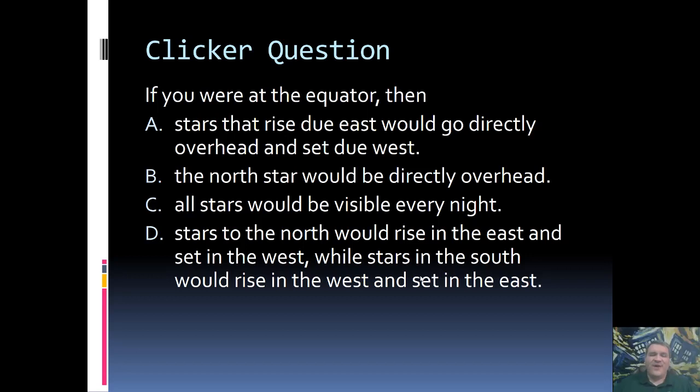All right, so the correct answer is going to be A. Because the stars are going to rise exactly perpendicular, and on the equator, stars move exactly east to west. If it's exactly due east, it will arc directly over your head and then set due west, staying exactly perpendicular with the horizon in its motion.